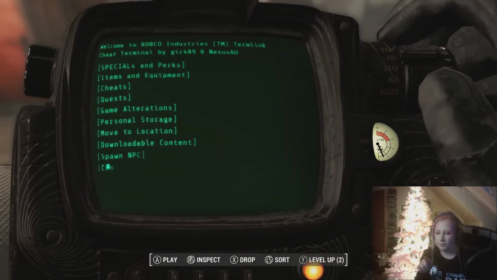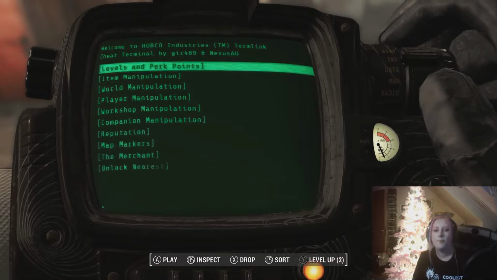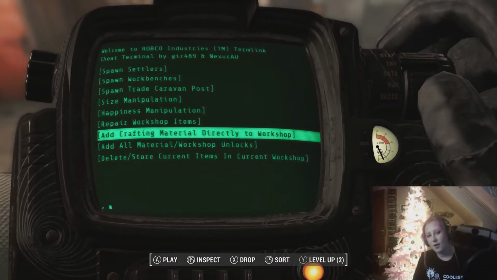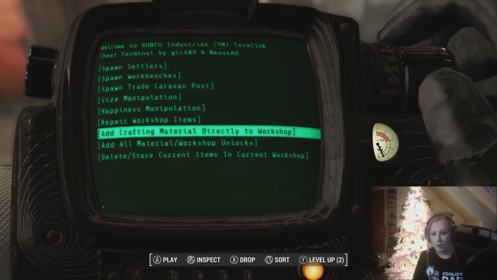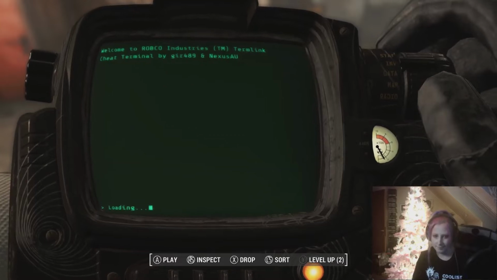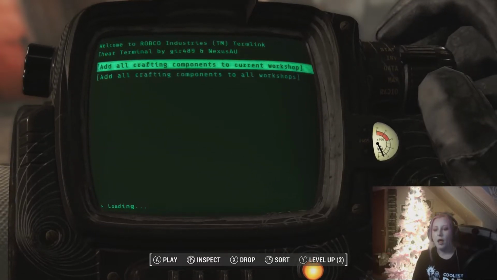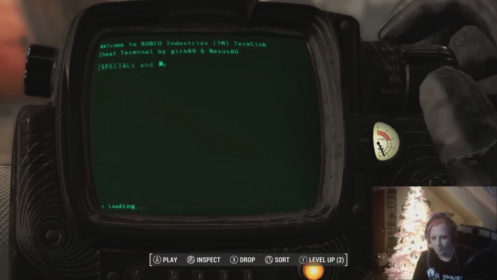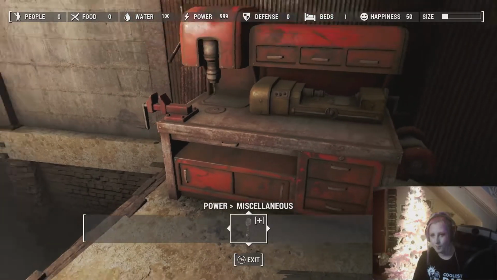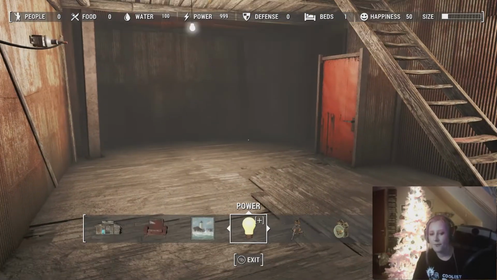I am gonna add material directly to this workbench. Watch me go. Game alteration. World manipulation. No, just workshop manipulation, right? And add crafting material directly to the workbench. So that is what we're gonna do. We're gonna push this. Add all crafting components to current workbench. Yes, please. There. So now, when we open up this, right? We got so many things we can do now. Because before, you wouldn't have access to...